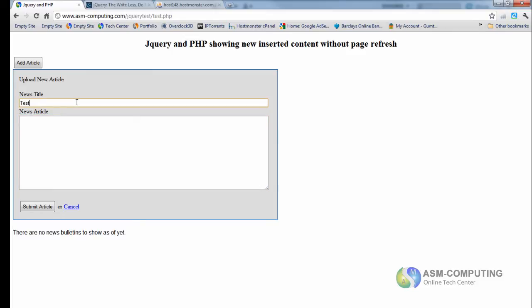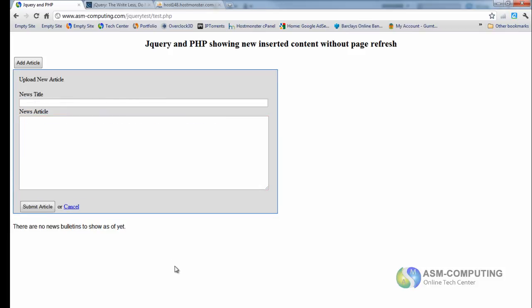So test news article 1, this is a cool news article form to display post just made by the user. Okay, fingers crossed guys, this works. So submit, and nothing again. Okay, well this is good.